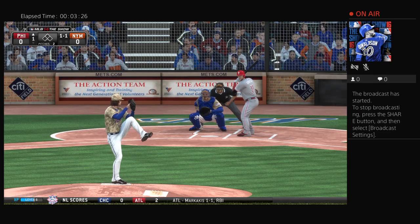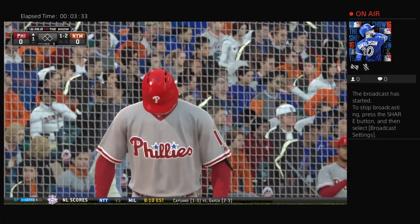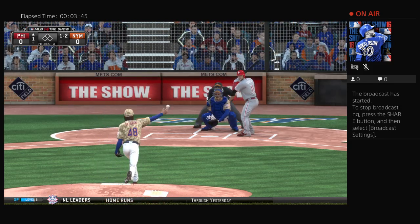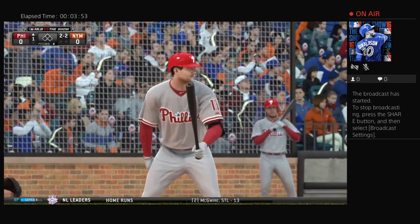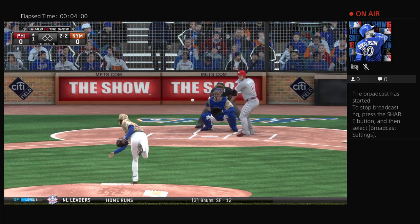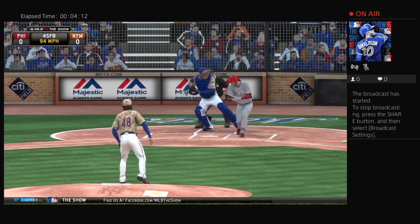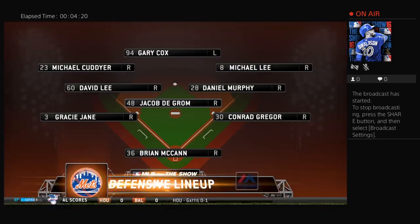Here comes the 1-1. Takes a look at a changeup there, and it's a ball and 2 strikes now. And they'll try to get him fishing there, but he won't offer in the dirt, and it's back to even at 2-2. And that's swung on and fouled straight back. A swing and a miss on the fastball, and the leadoff man is set down here for the first out of the evening. So the rookie passes his first test here on the mound, and with that, let's take a